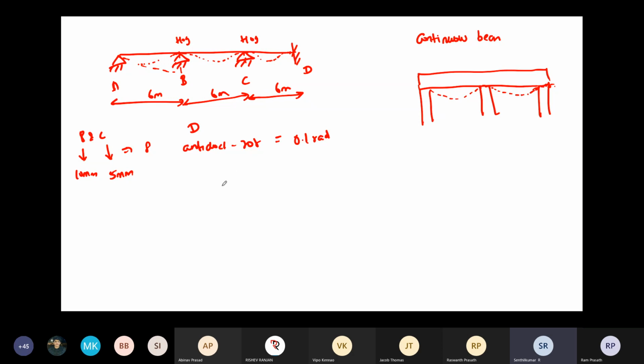Okay, now I am taking again the beam AB. So when I am taking beam AB, I am going to take A and B. The major thing is, first what you have to do, you should lock the support. You have to assume everything is fixed, right? That is your first case.